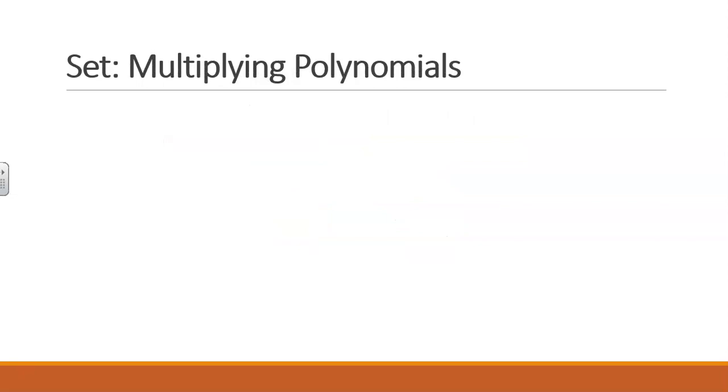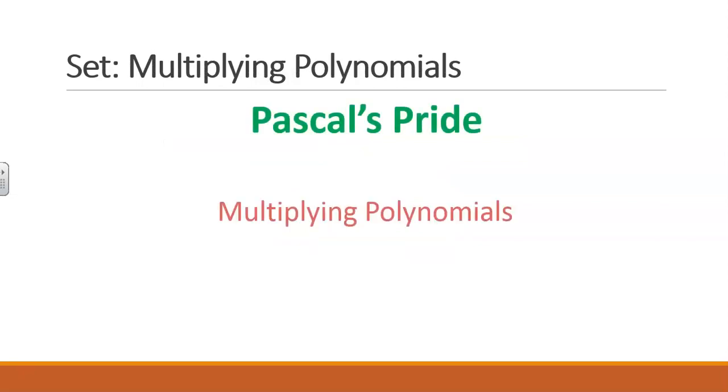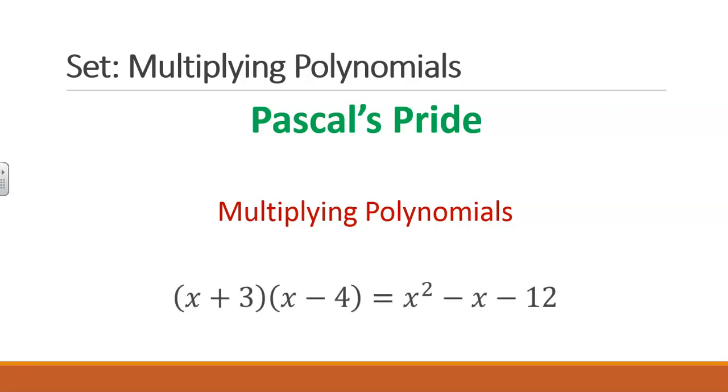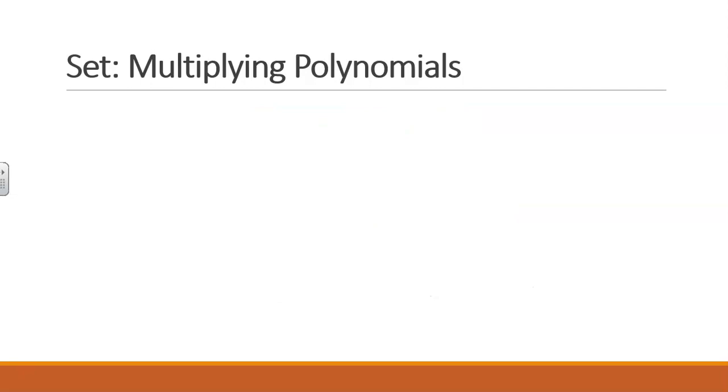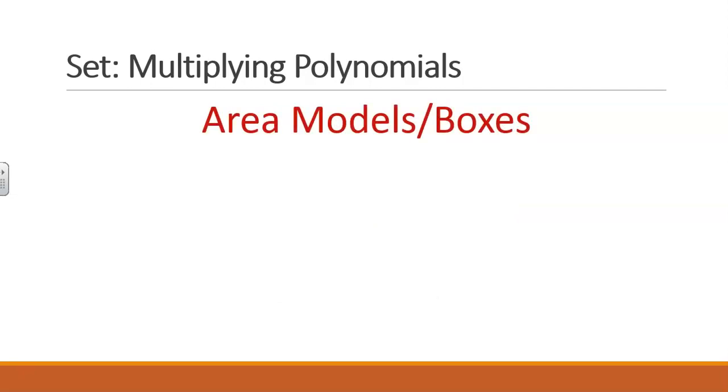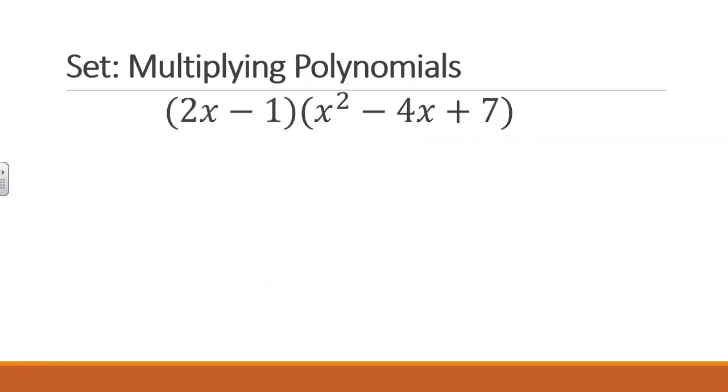In the task you did today in class, Pascal's Pride, you learned about and practiced different strategies for multiplying polynomials together. In your previous math courses, you learned how to multiply two binomials together, as shown here. How do the strategies you practiced today, such as area models, boxes, and distributing, compare to what you have previously learned about multiplying binomials? To review, let's compare the two different methods: multiplying 2x minus 1 times the quantity x